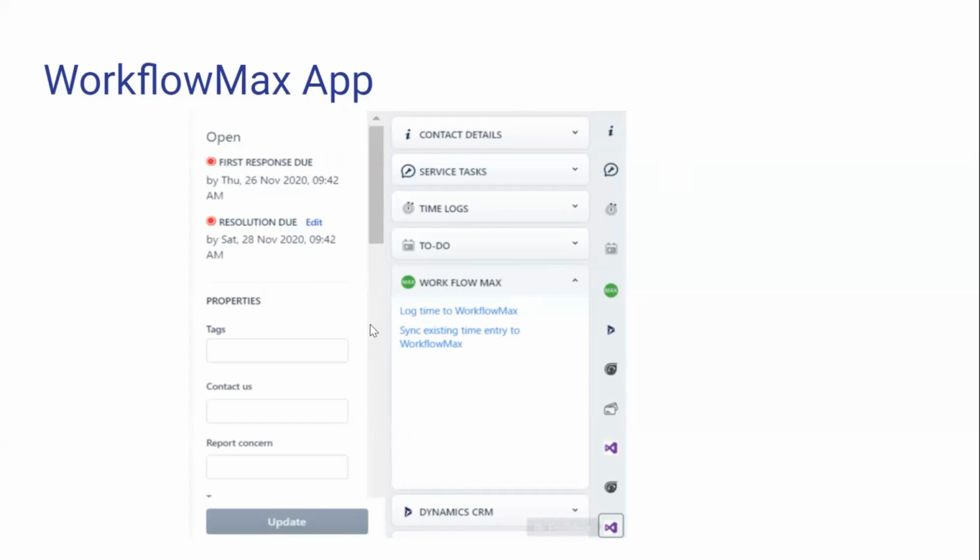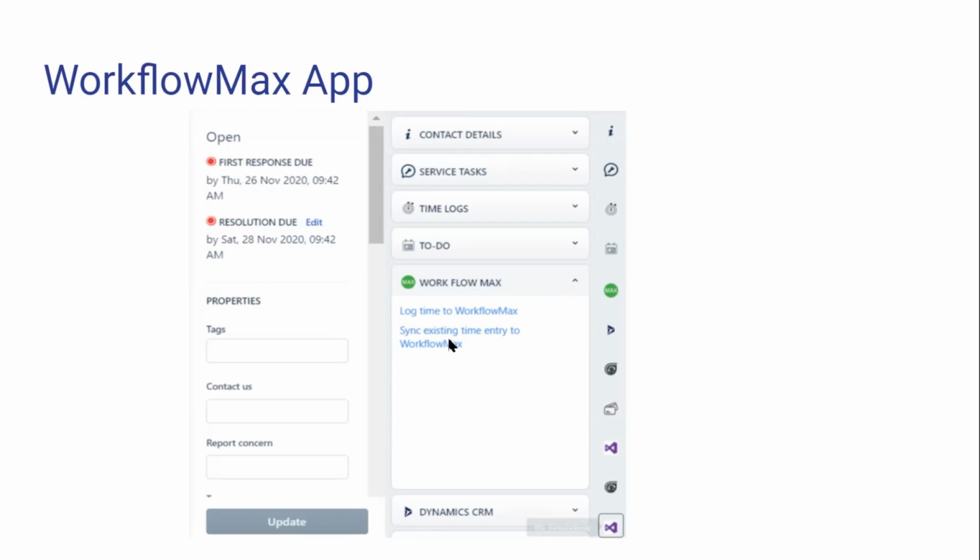Workflow Max is a tool which helps the customer generate invoices and track the time entries. So from Freshdesk, they can log the time entries to the Workflow Max tool. This is how it looks.